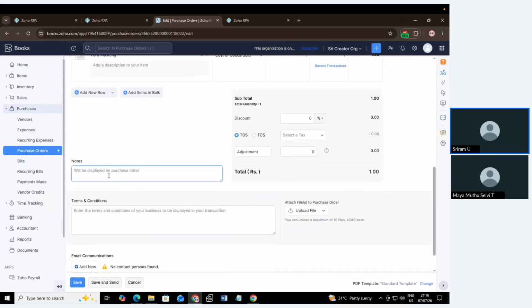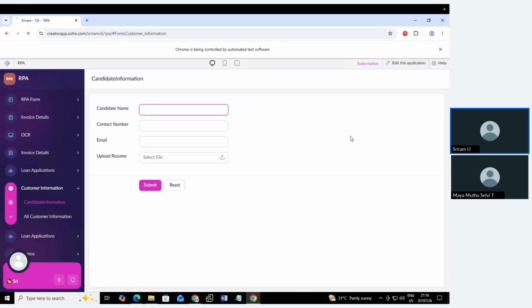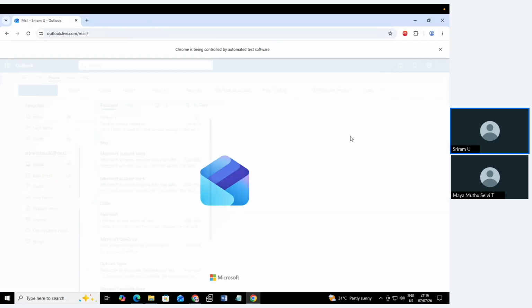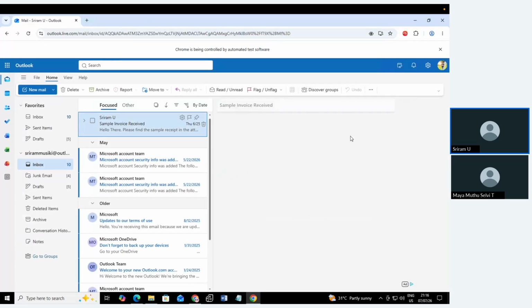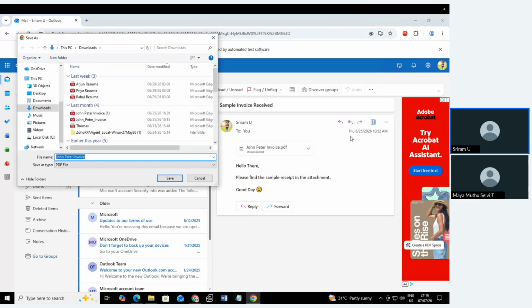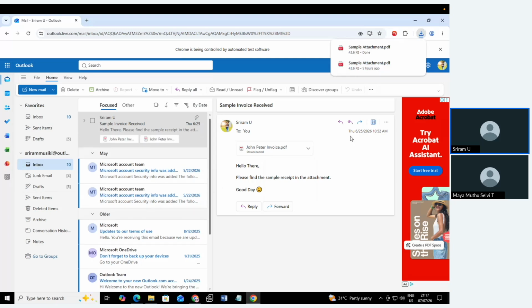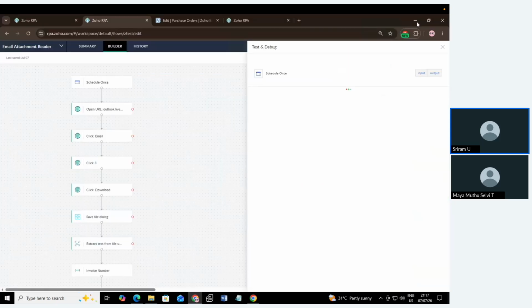So I need to update this notes field here if it is available, otherwise I have to create a new purchase order. Now let me trigger this task. It opens Outlook, opens the mail, and downloads the attachment from the email. Now in the backend, IDP takes place, where it retrieves the information from the